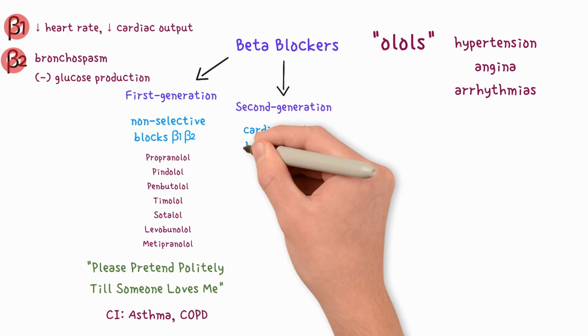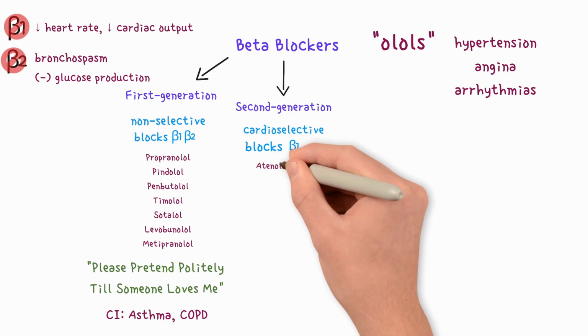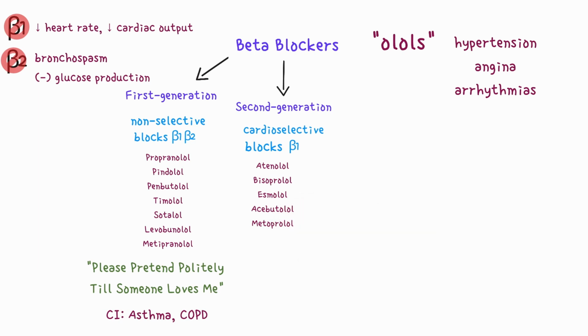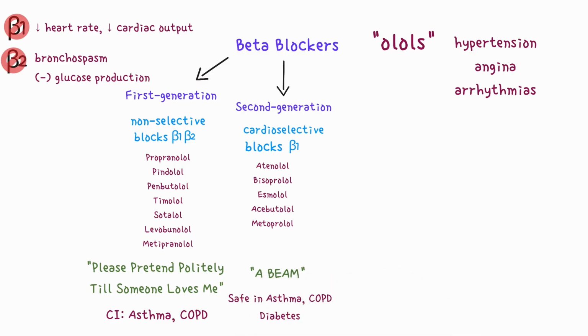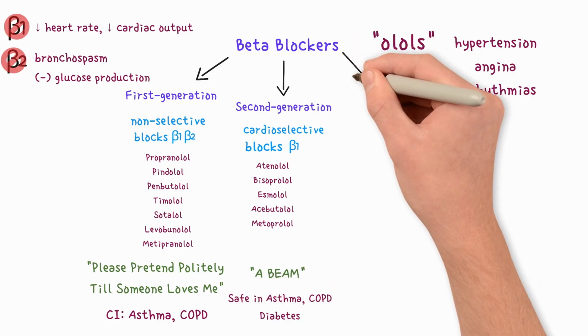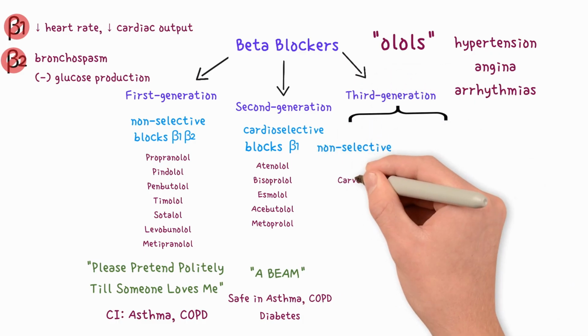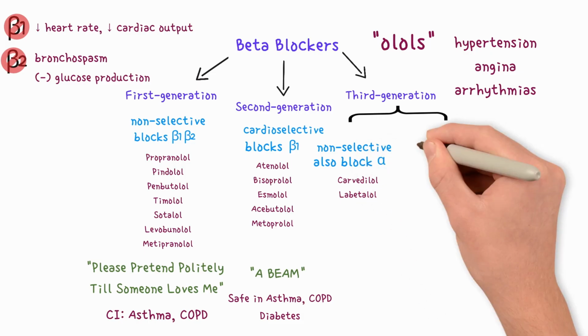Second-generation drugs are cardioselective, targeting beta-1. Examples include atenolol, bisoprolol, esmolol, acebutolol, and metoprolol. Use the mnemonic ABEAM to remember them. Because they ignore the beta-2 receptors in the lungs and liver, they are safer for patients with respiratory issues or diabetes. Third-generation drugs can be non-selective, like carvedilol and labetalol, which also provide alpha blockade to further lower blood pressure,